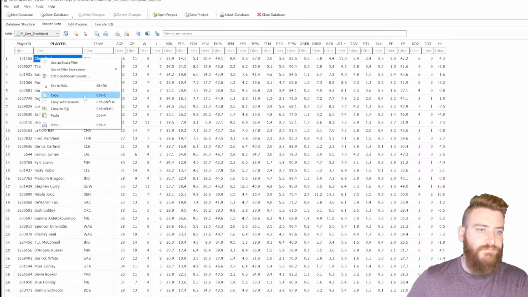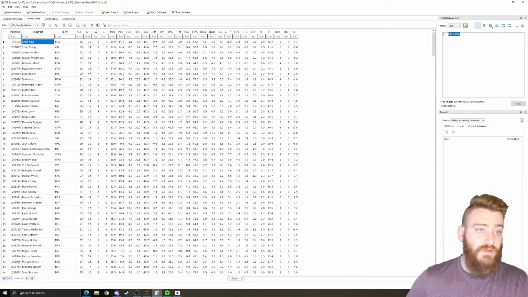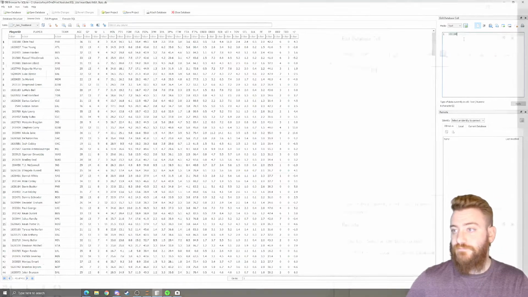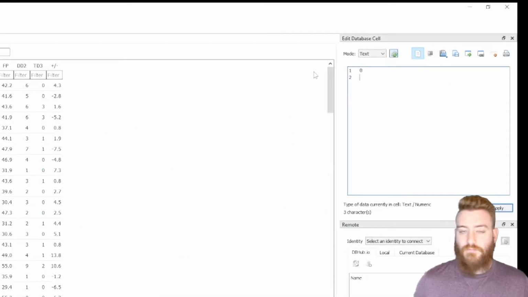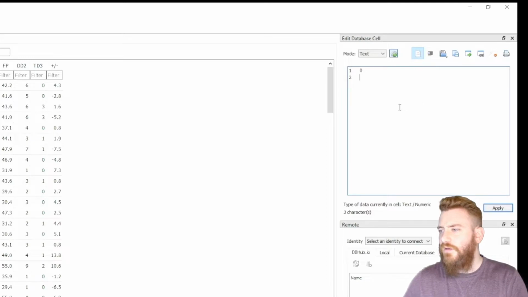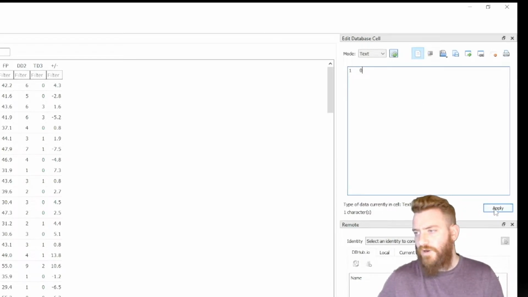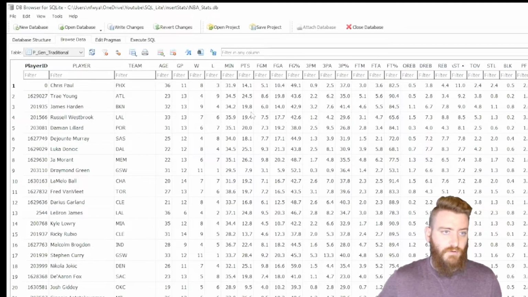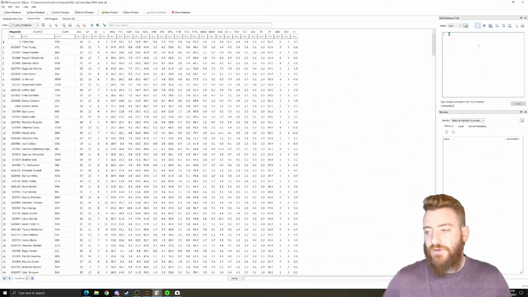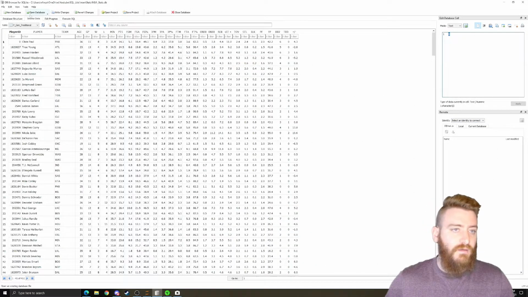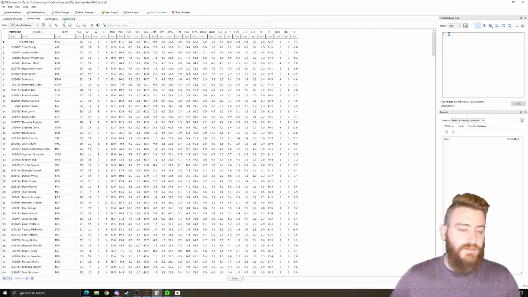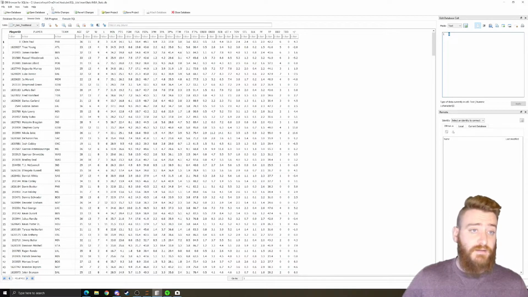Browse data. Yeah, we can copy it out if we want. There's all sorts of things we can do here. You can update text to numeric. I can apply that, and now it's 0. So you can update it if you need to. Just to show you guys the importance of passing that dtype,